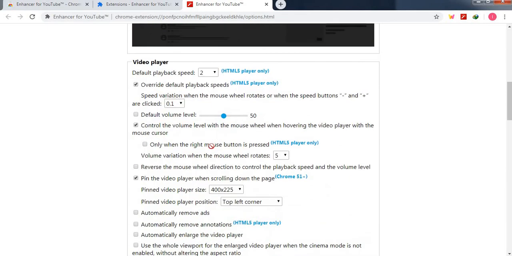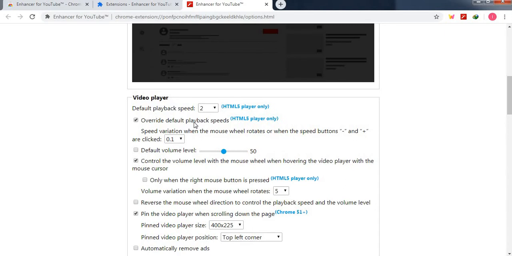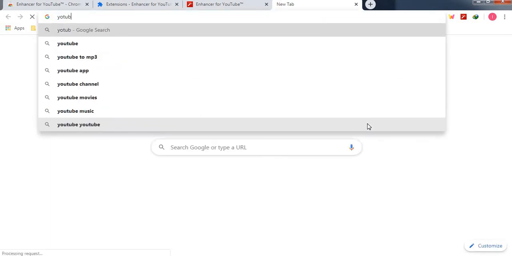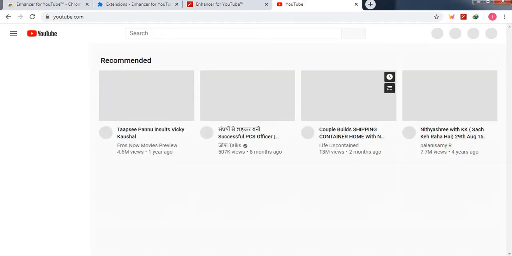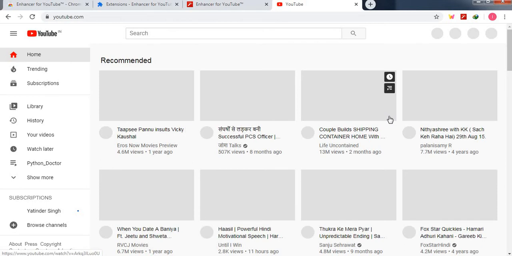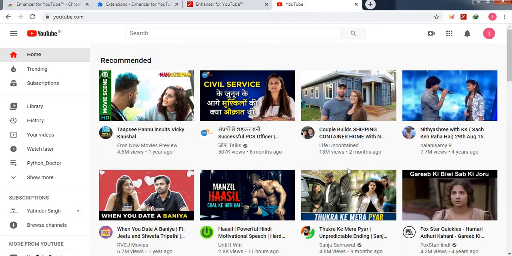What this is doing is default playback speed, meaning once your YouTube is open, youtube.com, you are setting the speed, isn't it? So for example, I am opening a YouTube video. If this one is off, then my playback speed